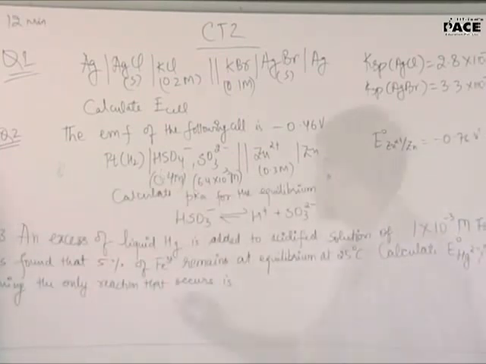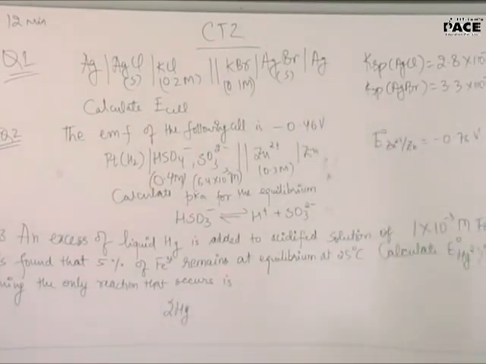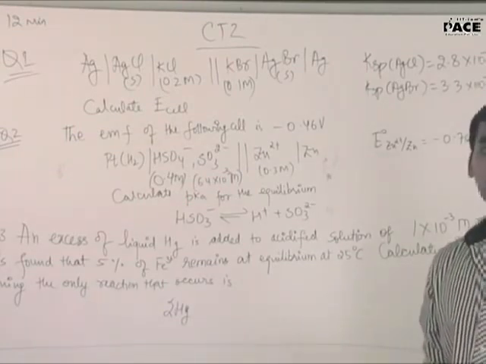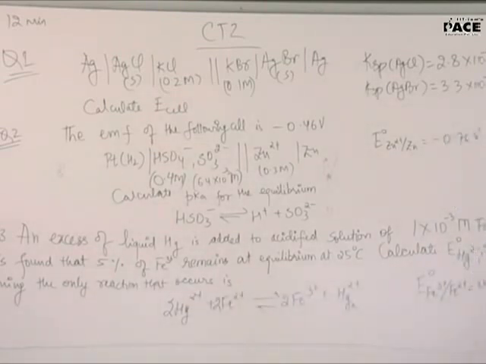Excuse me, sir. In question 2, the concentration of SO3 2 minus is 6.4 into 10 to the power minus 3 or 3? Minus 3. See, there are 3 questions. And I am writing the formulas with blue marker so you can refer to them, okay? What is E naught cell?